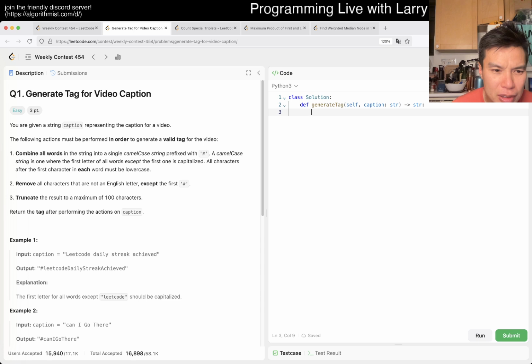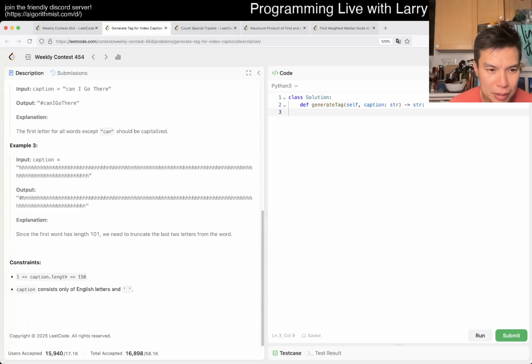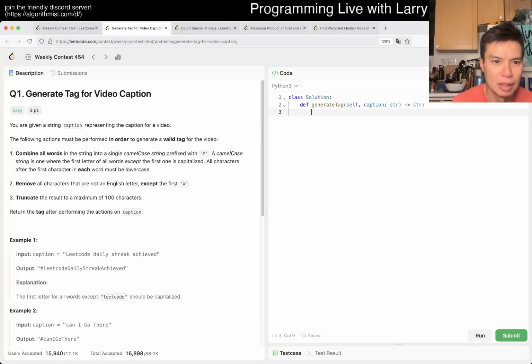Combine all words. Camel case. Okay, I mean, it doesn't seem that hard. Just very easy to mess up. Okay. They don't define what a word is though, which is a little bit weird. But